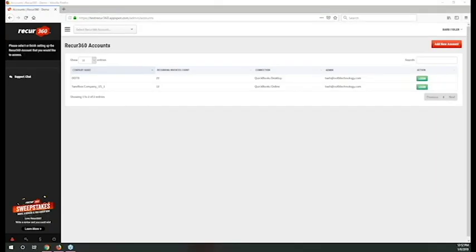We work with both QuickBooks Desktop and QuickBooks Online for Recur 360, so we can connect to either. You see my Recur 360 session here has both accounts connected to it. So with one login you can connect to multiple company files. I'm connected to one QuickBooks Desktop file called OOTB, and another one for online called Sandbox Company. I choose whichever company I'm going to connect to. All I have to do is move my menu out of the way, click the login button over here, and I see my Recur 360 screen.